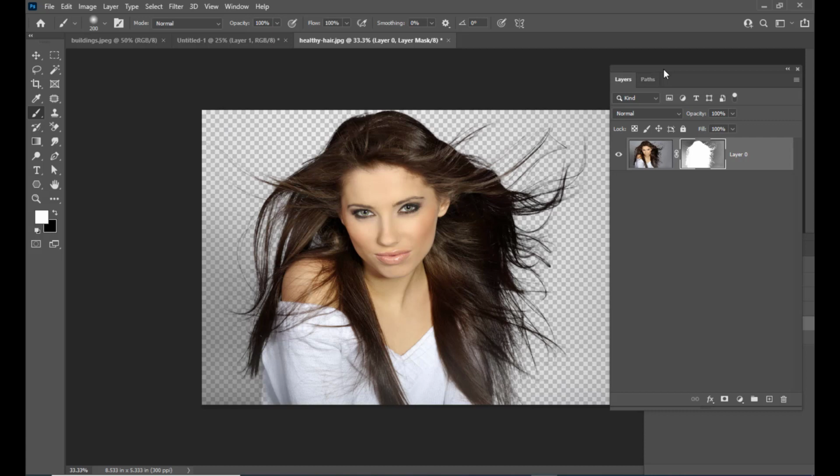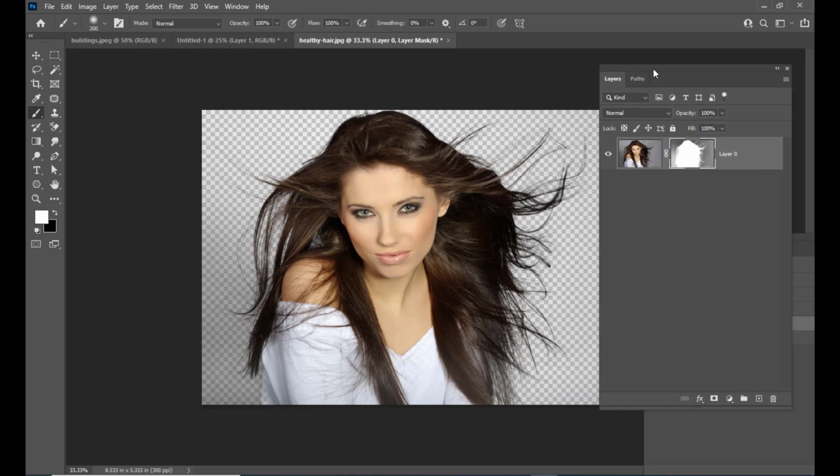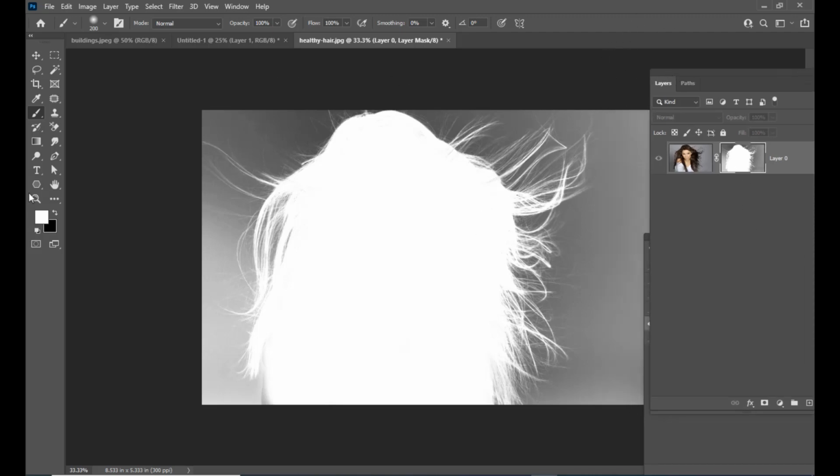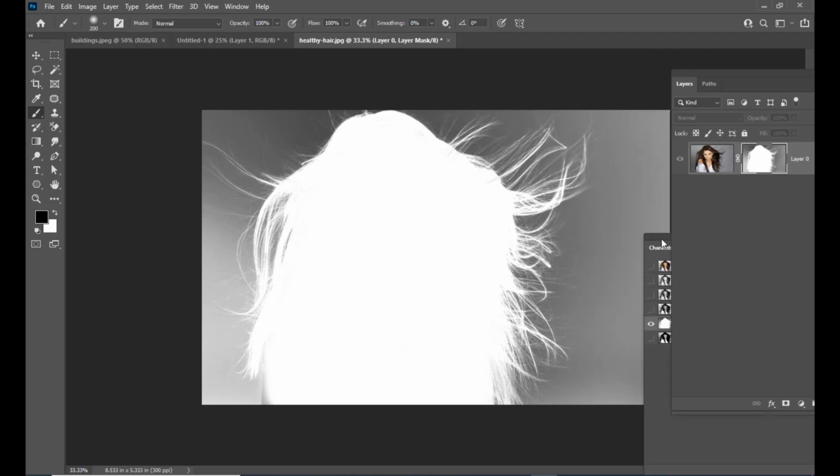And the next task we have to do is we have to paint black over the background. So to paint black over the background, once again we'll go inside the mask. Simply hold Alt and click on the mask thumbnail. Right. And this time we will select black as the foreground color. And then we will start painting